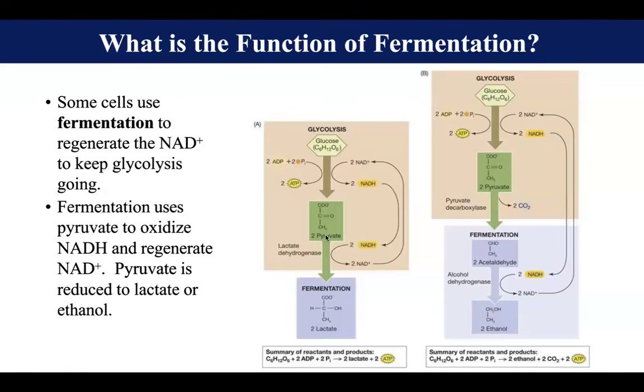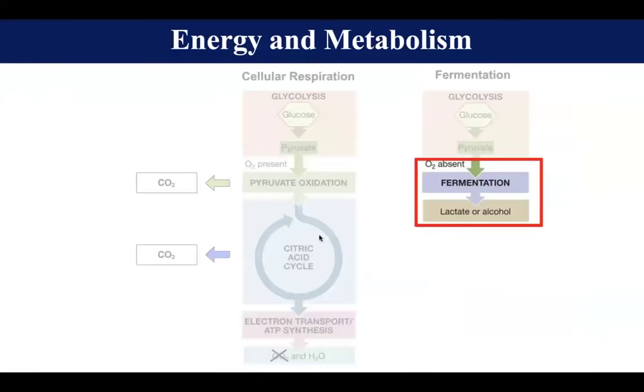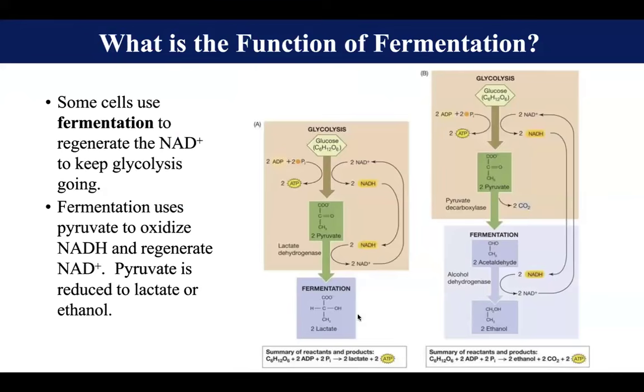After the pyruvate molecule is formed, usually it would go into pyruvate oxidation and then the citric acid cycle. However, without oxygen present, you still need to produce ATP because ATP is the main energy source for all of your cellular reactions. So the way they do that, they regenerate NAD plus using that pyruvate molecule, their end product. So they regenerate NAD plus and it's a cycle again. Start at the beginning and then you're producing 2 ATP, that 2 pyruvate then gets regenerated back, etc.